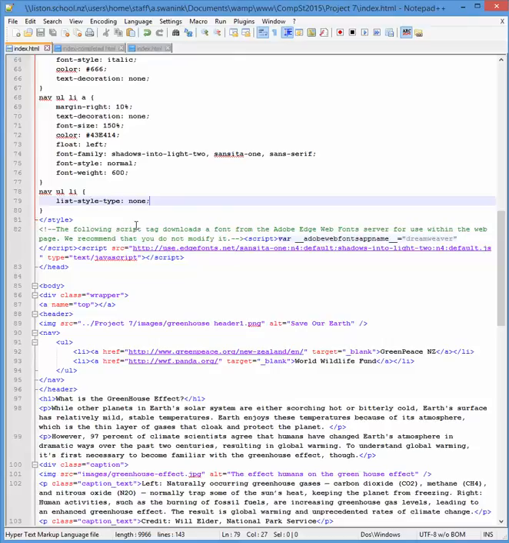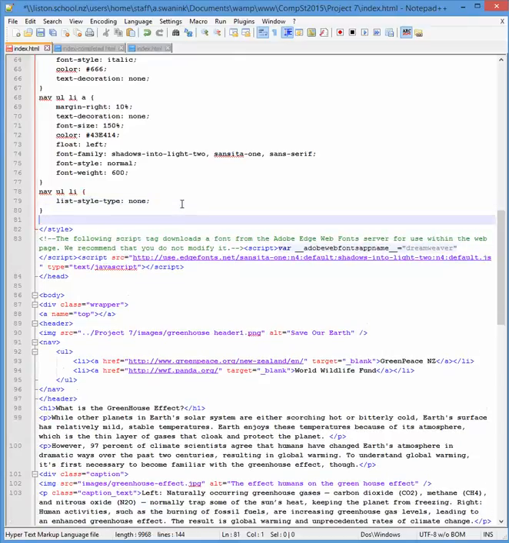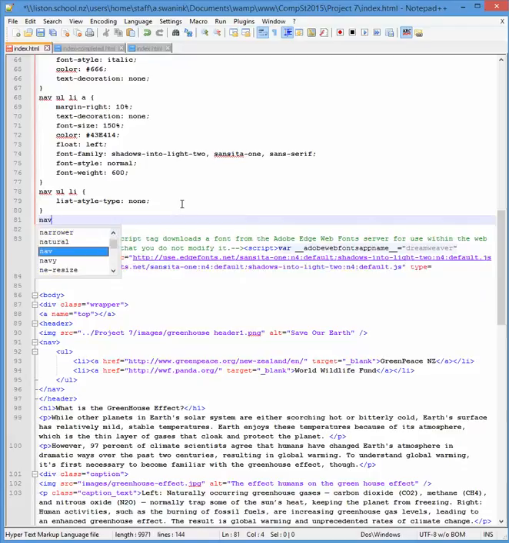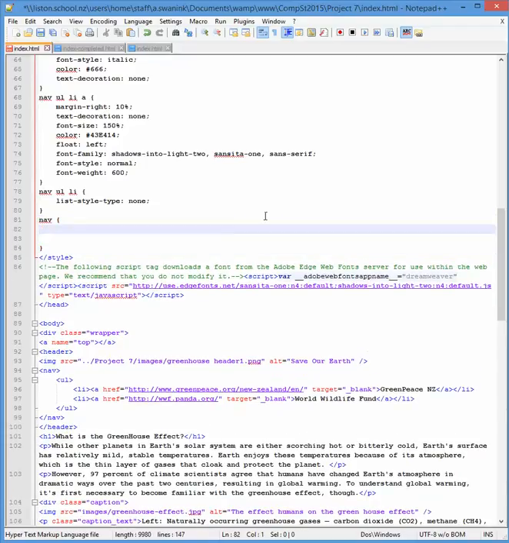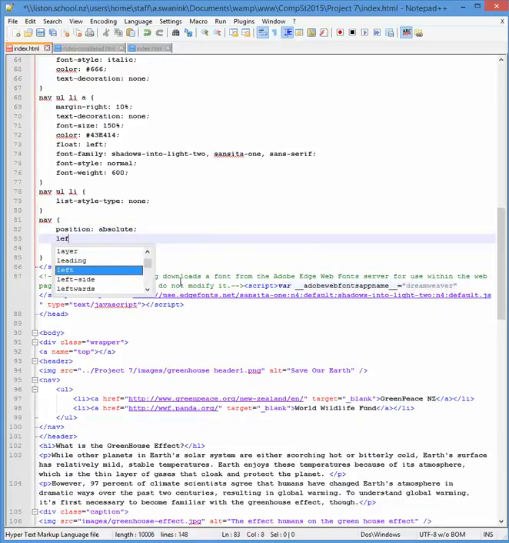Alright, so let's try and achieve that. Now what I'm going to do is make use of some absolute positioning. One of the things we'll need to go over in class time is the different kinds of positioning, but one of them is this thing called absolute, where you basically specify the position of, in this case, the nav section in terms of pixels. And we're going to specify this,